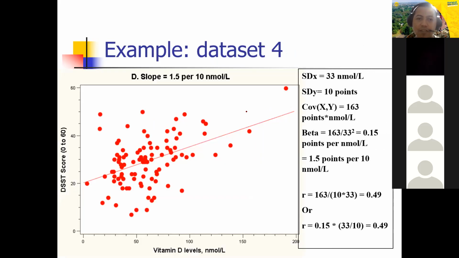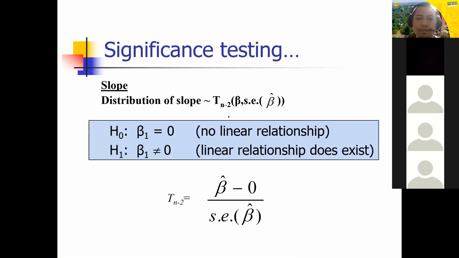Okay, this is kind of another sample. And this is a kind of testing that we want to know. For example, you remember that beta 1 or beta 0 is a random variable, right? Since it is a random variable, this guy has a probability. And because it has a probability, we need to test.